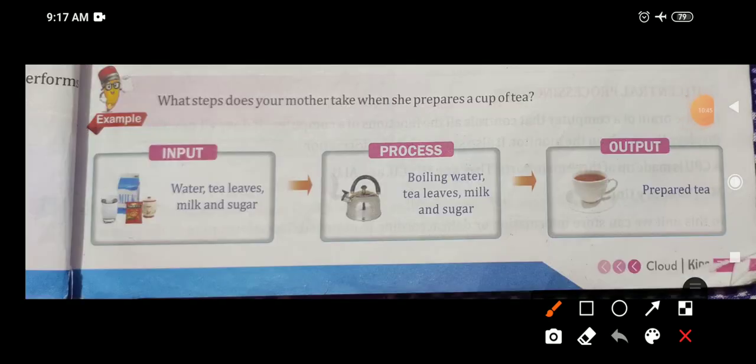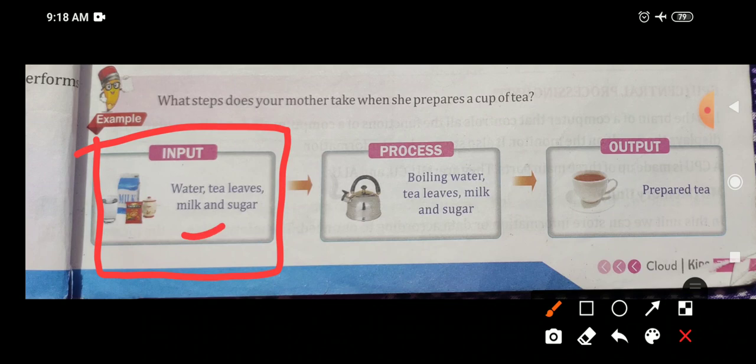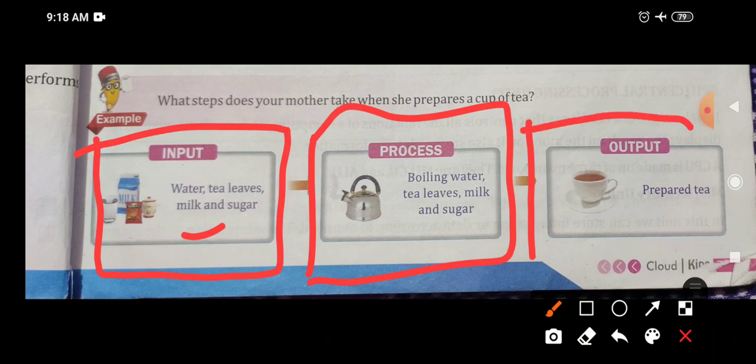Now let us understand this IPO cycle with a real life example. Let us see, if you want to make a cup of tea, what will you need? The data, the instruction, the input you need is water, tea leaves, milk, sugar, right? The process is boiling water, tea leaves, milk and sugar, and the output will be a cup of tea.